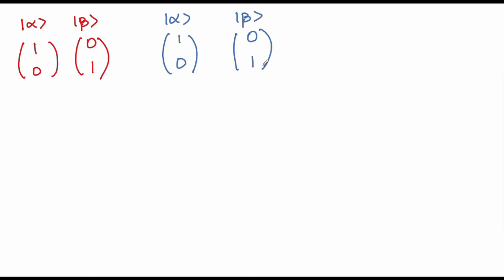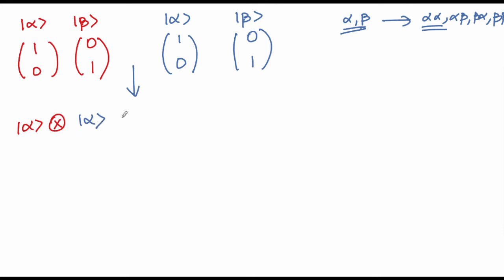But remember, you are going to go from a two-state alpha beta system to something like an alpha alpha, alpha beta, beta alpha and beta beta type system. So how do we go from here to such a system is what we will be seeing in the remaining part of this lecture. In order to go from simple two isolated spin half systems to two coupled spin half systems, all that you have to do is to take the direct product between these states. So what is this direct product?